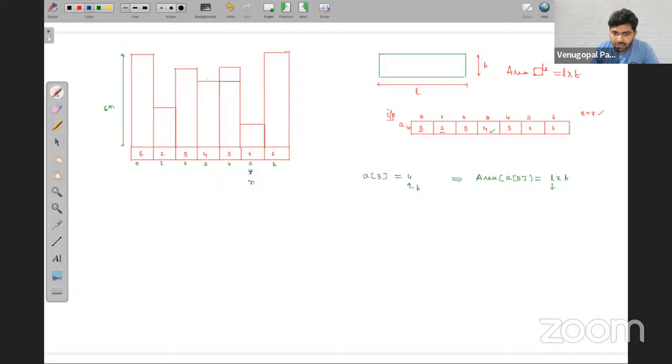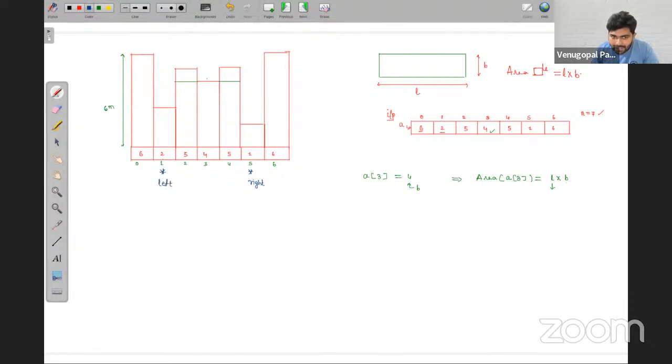This I will store in a variable called right. Similarly, left side also I will go as long as I want till I find its next smaller element. Yes, next smaller element I found here. That is index number 2, sorry, index number 1. This I am going to call left.